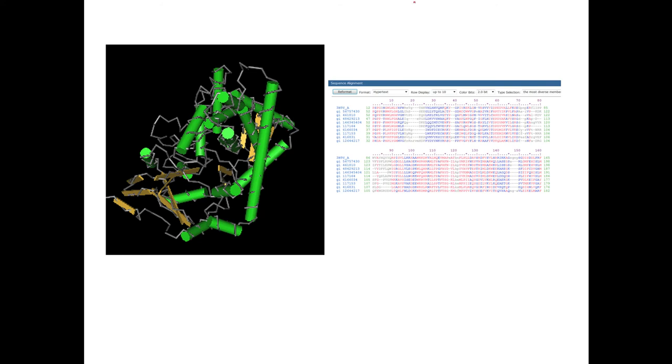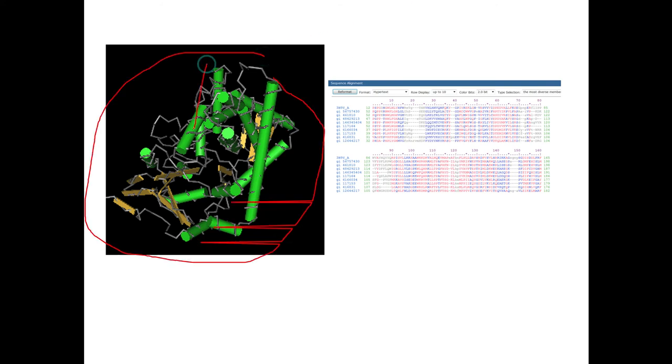So this is basically, if you download RasMol, what can you do on RasMol? You can see any 3D structure. So RasMol is a software that you can use to see the PDB file. You have to download some software to see these 3D structures. Okay, so this is a 3D structure and this is the multiple sequence alignment of that protein.